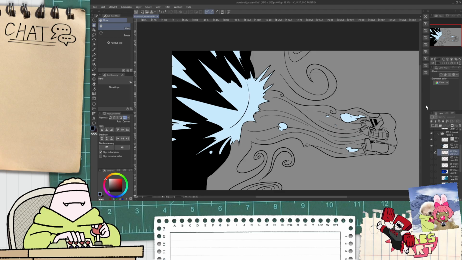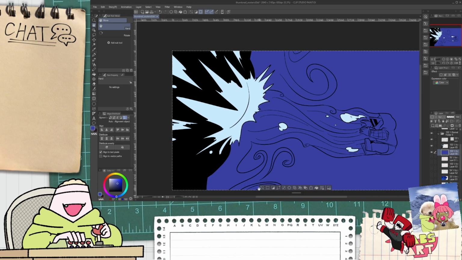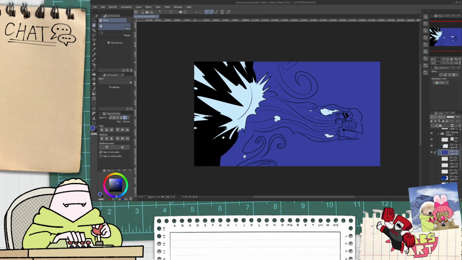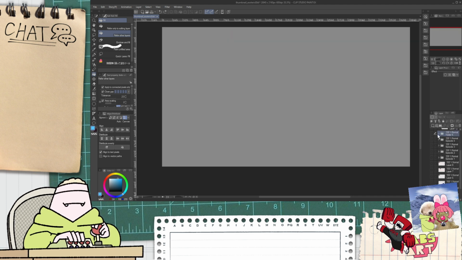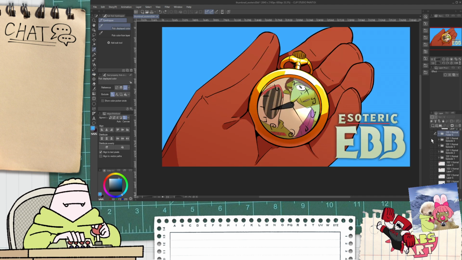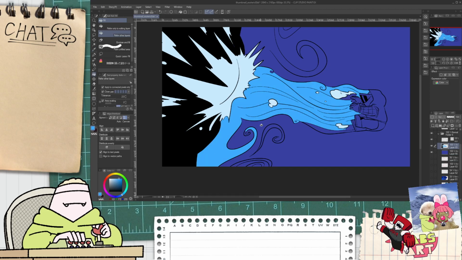Okay. So here's what I'm thinking. Underneath this, we create another layer with maybe like this kind of darker blue color for the ocean. And then this top layer here can be that kind of same sky blue that we've been using for a lot of the other streams, like the last one, this one. What do we think? Heat or nah?